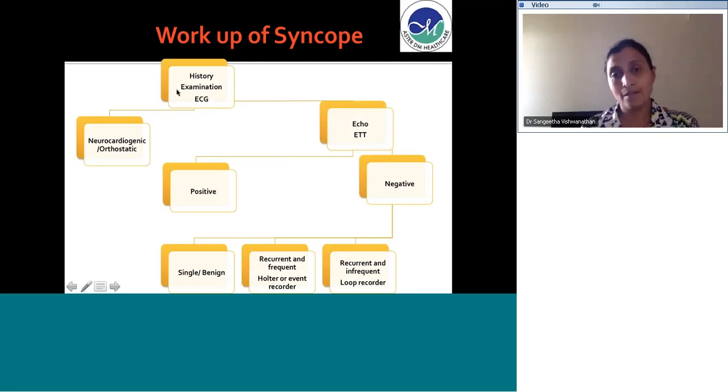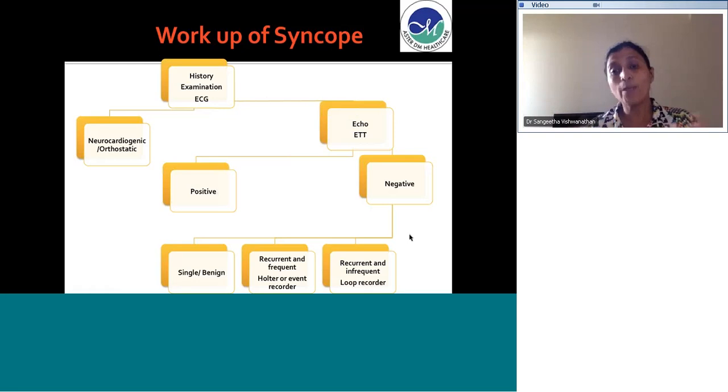If the history is not so convincing, there are some warning features. For example, you have palpitations or chest pain, other features suggesting that there may be an underlying cardiac problem. The patient undergoes an echo, perhaps an exercise tolerance test, and then depending on the results, suppose the echo shows you something, then you treat the condition. If the tests are negative and it is a single benign episode, then you just wait and watch. If there are recurrent episodes, but they are frequent, then you can do a Holter monitor. So if it happens, say, every alternate day or something, you can do a